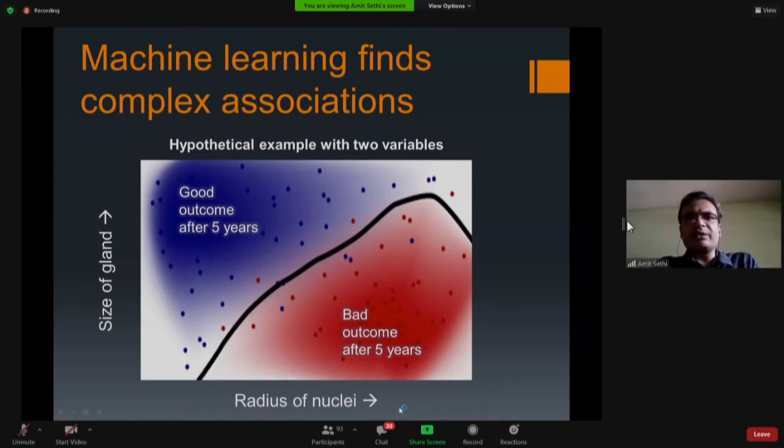Let's say we are looking at the radius of the cancer nuclei and the size of the gland, and basically all the blue dots are those that did not have a bad outcome, in the sense that after surgery the cancer did not come back. And let's say the red dots are the ones where the cancer came back after surgery. So machine learning finds these boundaries to classify these individual patients, so that we can make this prediction for future